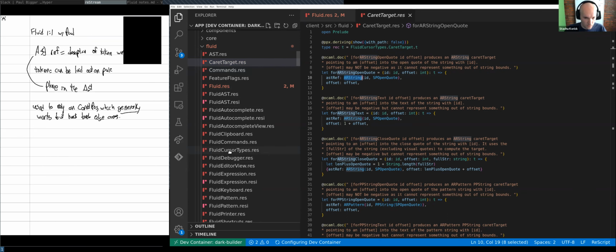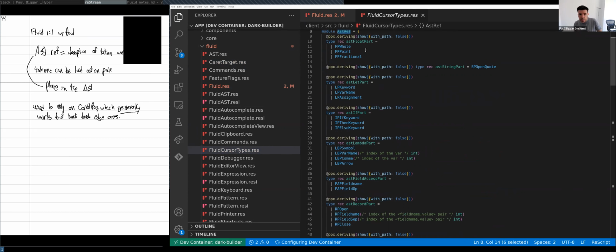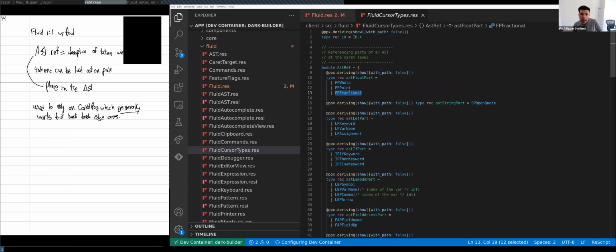I think we want fluid cursor types. Maybe that's what we want. There we go. So we have this AST ref, and it's like, where are we in the AST? And let's say we're in like 3.14. This doesn't give us the full context because it doesn't know whether we're before the 1 or after the